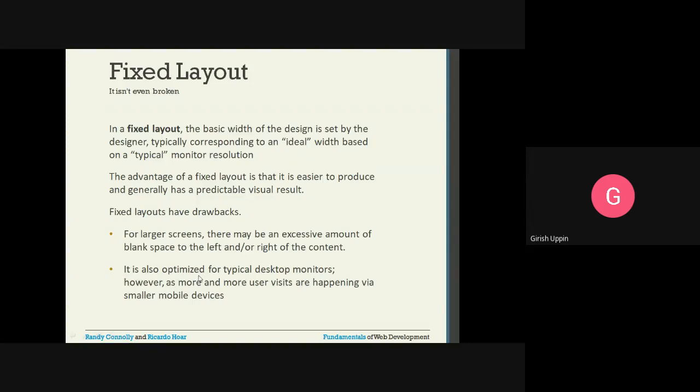It is also optimized for typical desktop monitors. However, as more and more user visits are happening via smaller mobile devices, it is optimized for the desktop monitors. But now with the